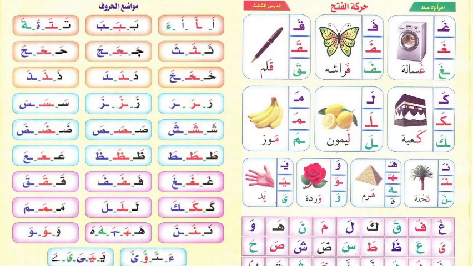Sometimes when it comes after kasra, you should definitely know that you are going to use it to elongate when it does not have any haraka on it. When it does not have any haraka on it and it comes after kasra, then you are using any of these as mad. You are pronouncing it for elongation, and that is that about that.